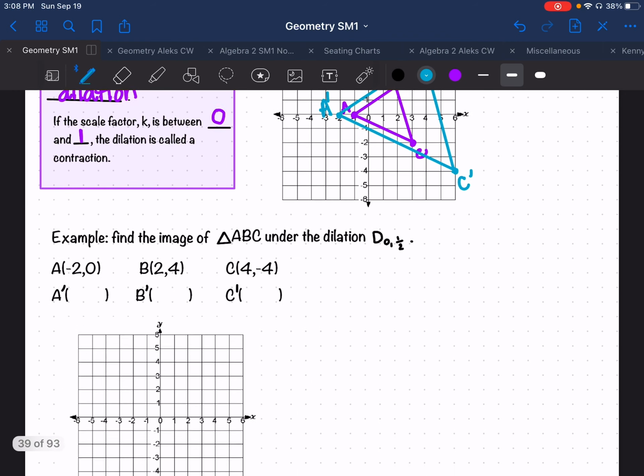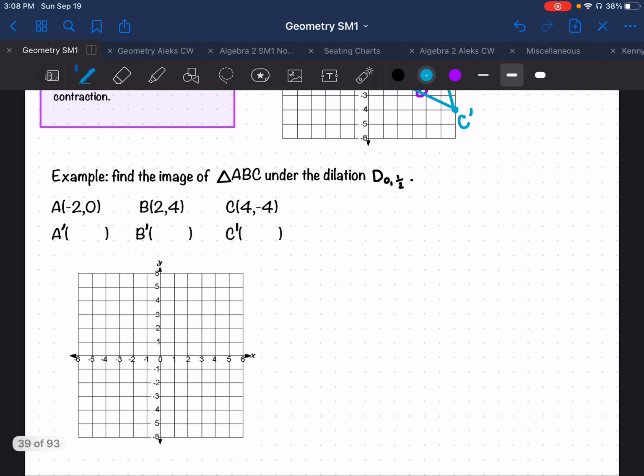Let's try one last one. Find the image of a triangle ABC under the dilation 0, 1/2. So this right here, once again, is my scale factor, which just simply means I'm going to take each point, A, B, and C, and multiply everybody by 1/2 or divide by 2, because remember that is the same thing. You always want to start